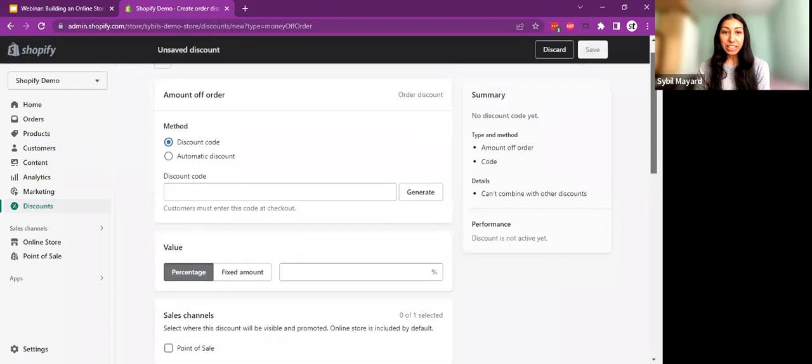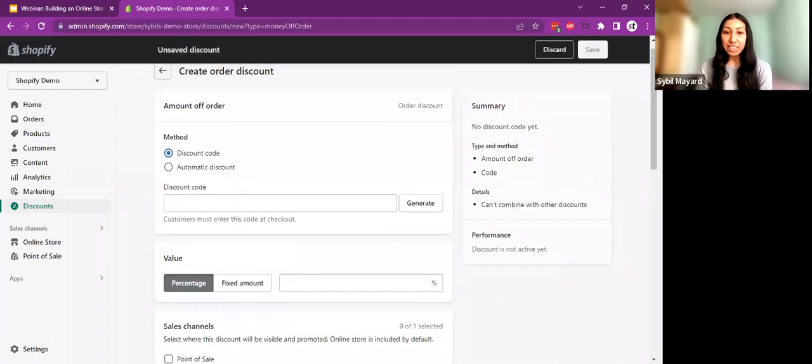And we have 2 methods here. We have a discount code and an automatic discount. So a discount code is a code that you create and that customers have to manually enter into the checkout. Whereas an automatic discount is one that gets applied automatically at the cart or the checkout without the customer having